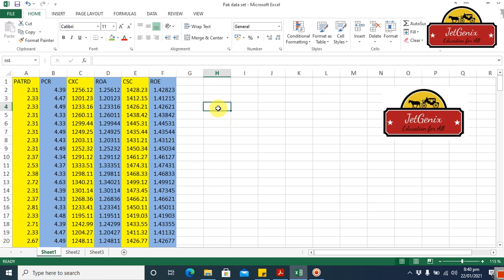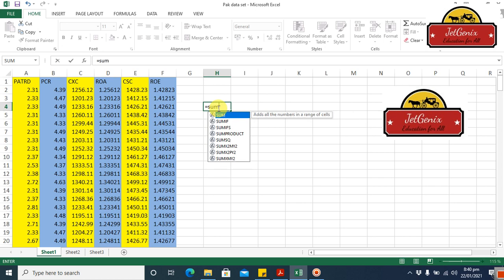So as I always say, whenever you want to start a function, an Excel function of any type, first of all you have to type equal. Because without this equal your function or your formula is not going to work. So first of all you just type the equal and then you can type sum. If you can see the sum here.